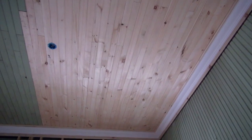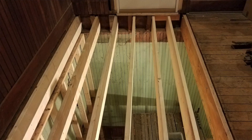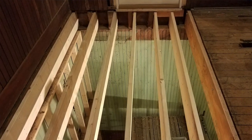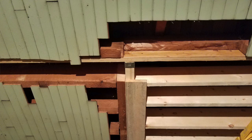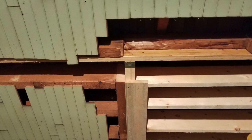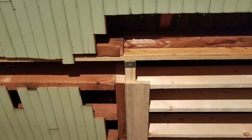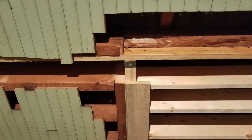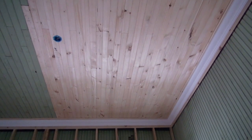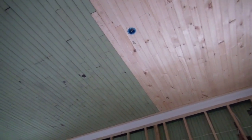So after that beam got put into place up in this corner, new floor joists were put in, and all of the old material was taken out in that area that had been put in there back in maybe the 60s era in order to close it up. And so when we got the floor joists into place, then that really strengthened the floor, and that gave a place to attach the new ceiling to. And so this new wainscoting was all put into place, all the pieces were fitted back in. And in the midst of doing all of that,